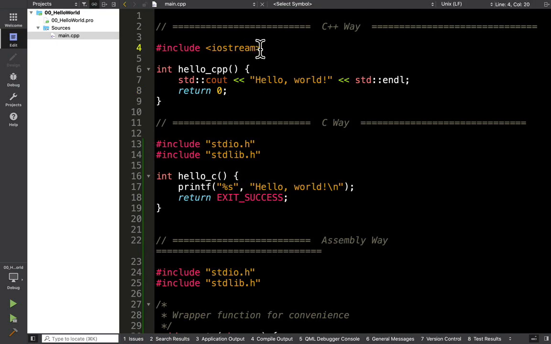So the first one that you mentioned, what's your name again? Julie. The first one that Julie mentioned is the carets. Have you guys seen the pound includes before at all? Who here has not seen them? Okay, so pound include you can think about as the equivalent of import in Python. It's the way that you can bring in another library that you've already defined. In this case, the syntax for C++ is pound include.